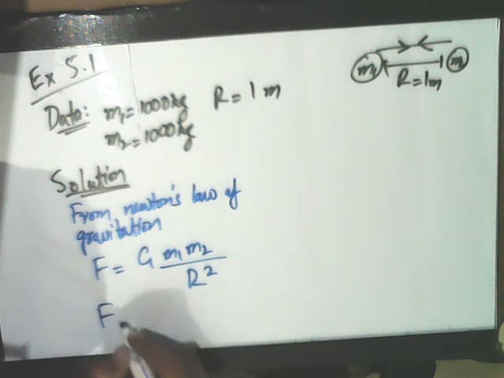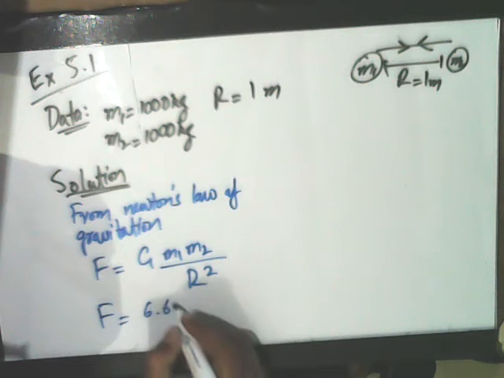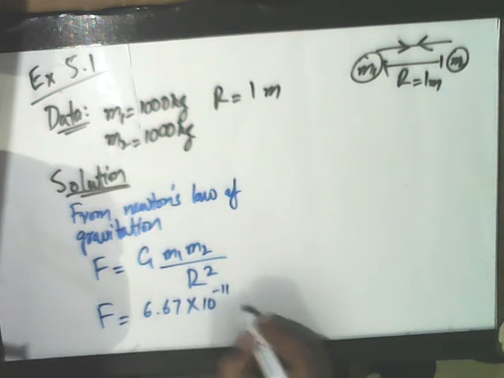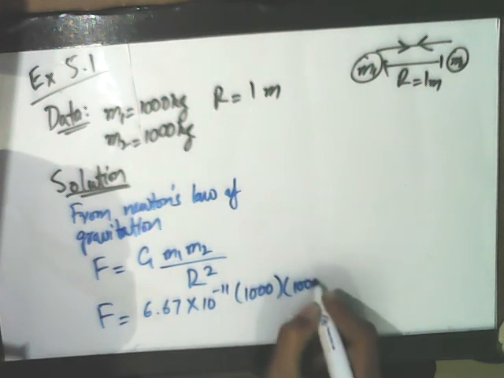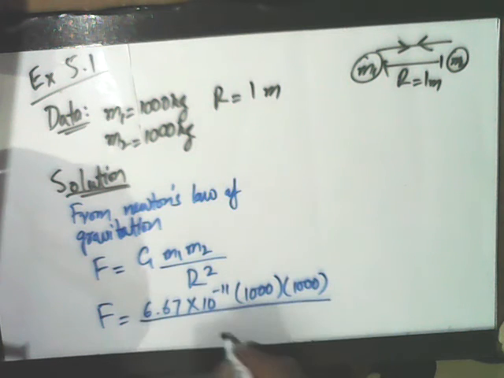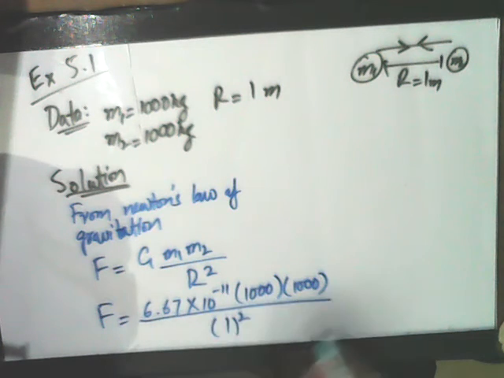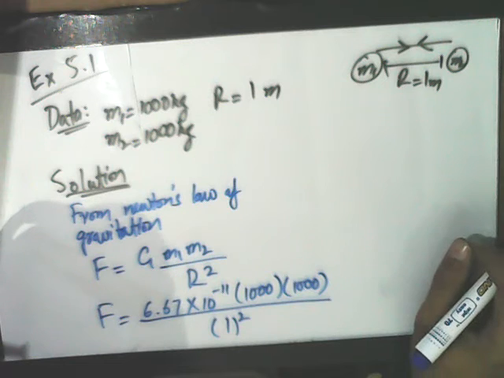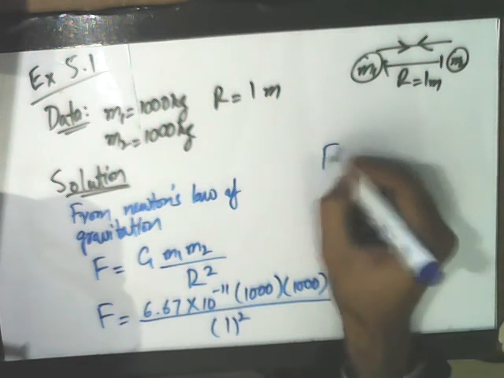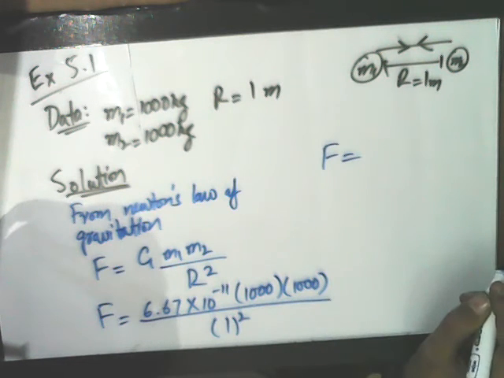This force is going to be 6.67 into 10 to the power minus 11, mass would be 1000 into 1000, divided by 1 squared. Since these units are all in SI units, we're not going to change anything. So the force will turn out to be